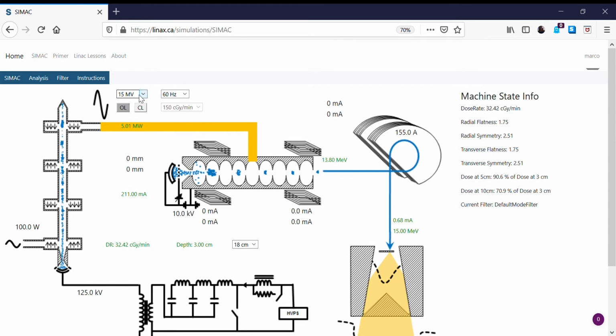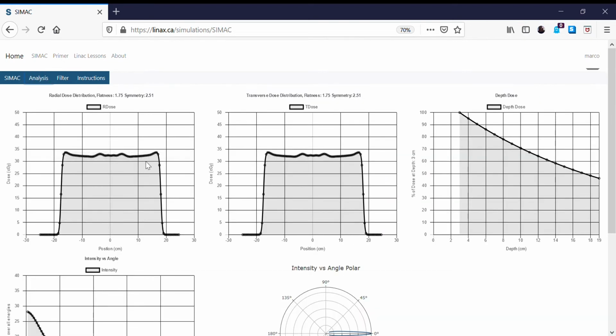Right now, the application comes up with a 15 MV beam chosen, because that's what I had when I came in last time. It shows the parameters that it's using in order to create that 15 MV beam: the parameters for the RF driver, klystron pulse voltage, gun voltage, bending magnet current, and so on. And then it displays some of the properties of the beam. If you go to the analysis tab, you can see what the beam profile looks like. This profile was made with a flattening filter, which needs a bit of improvement, and we'll see how to improve that in a later